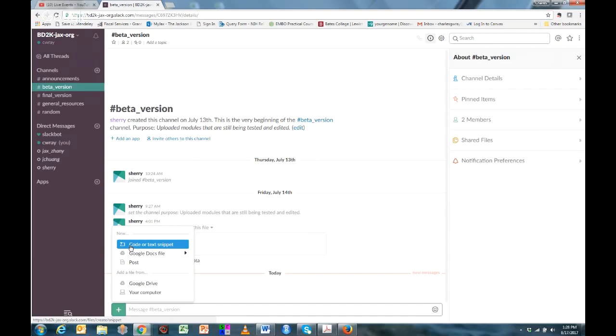We hope this is useful. So the important things here are the channels: the beta version for testing code, the final version, which is where all the modules are, and general resources. We hope that you find the Slack site useful as a resource to assist you in teaching big data genomic